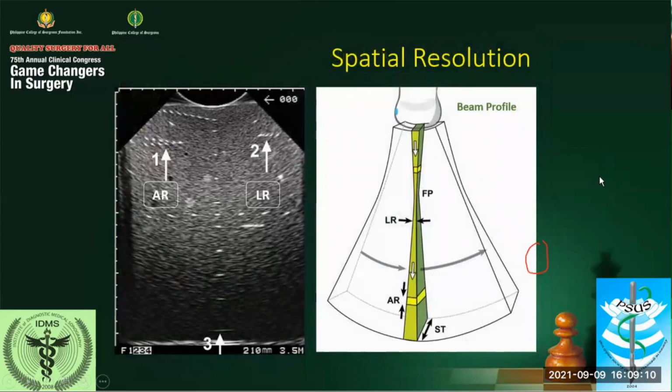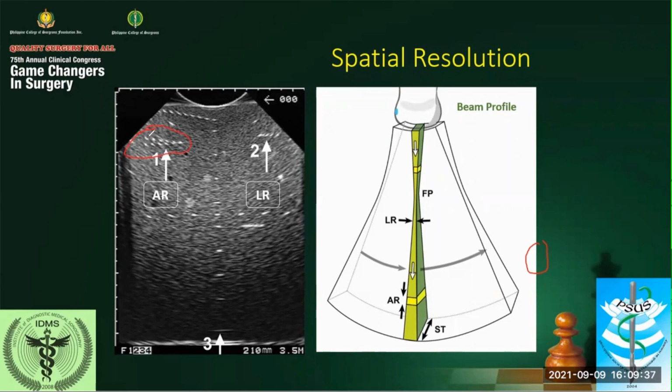As we mentioned earlier, axial resolution and lateral resolution are components of spatial resolution. So here, just to demonstrate to you, this set of pins, pin group 1 here, will demonstrate axial resolution.